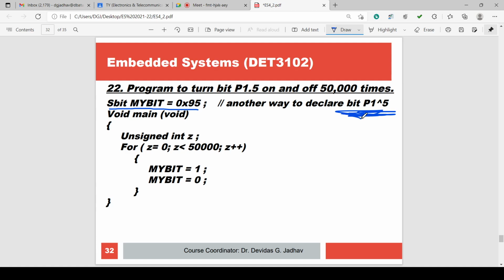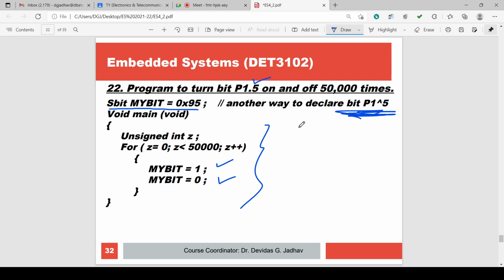Mybit is 1, mybit is 0, that is the same program. So you can declare the P1.5 bit like this. You can assign the P1.5 bit directly without adding any header file.